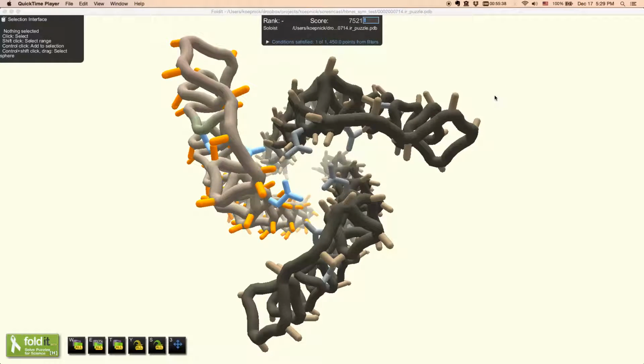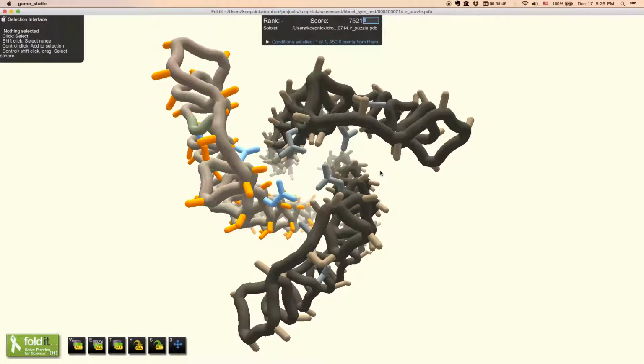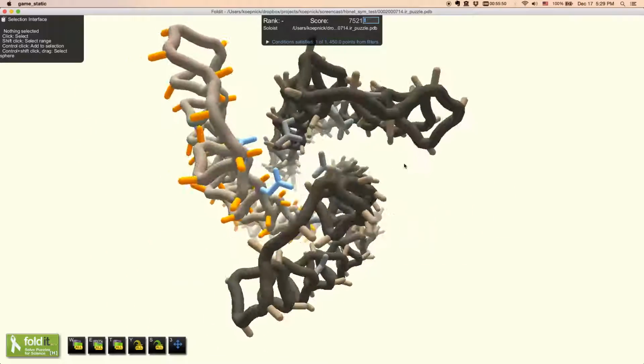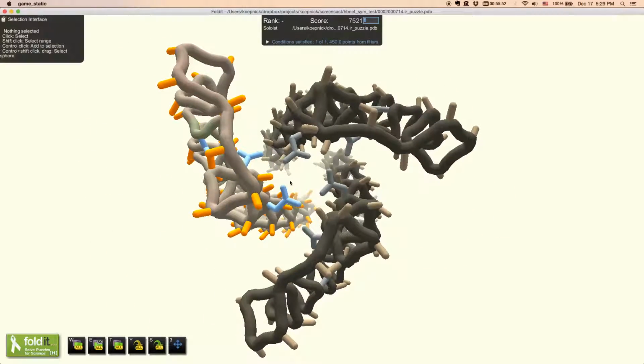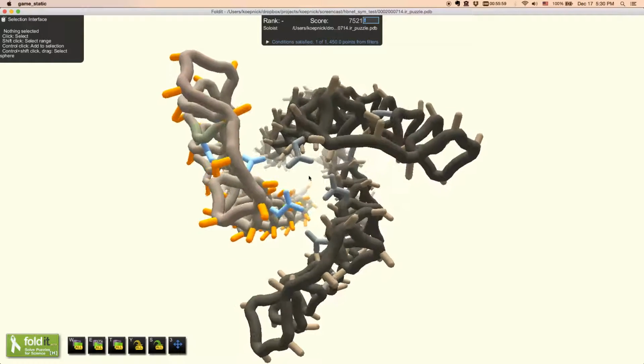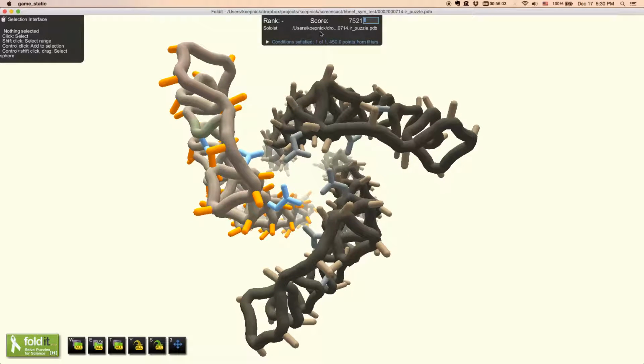We just rolled out a new update for the hydrogen bond network filter, and I wanted to take some time and look at some hydrogen bond networks with you. So here we have a structure that was designed in the Baker Lab, mostly. A lot of the side chains have been trimmed down to alanines, but it has a hydrogen bond network in the middle that I think is exemplary and a good example to look at for an ideal hydrogen bond network.